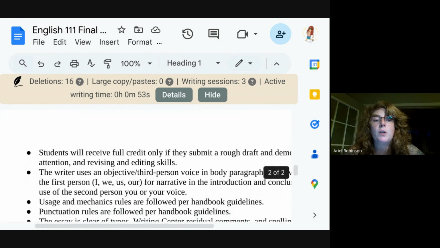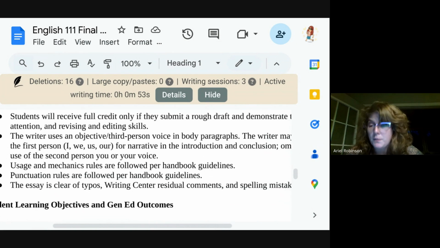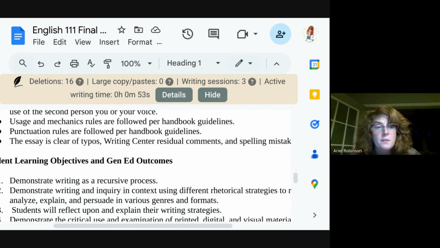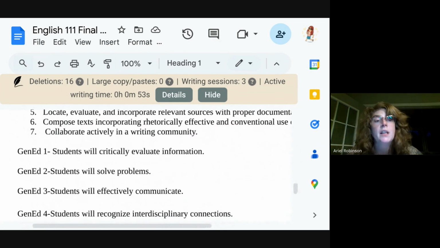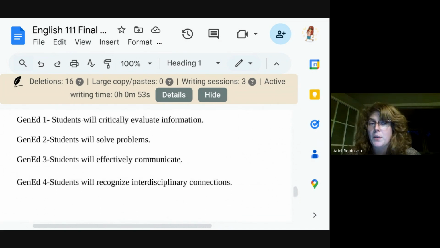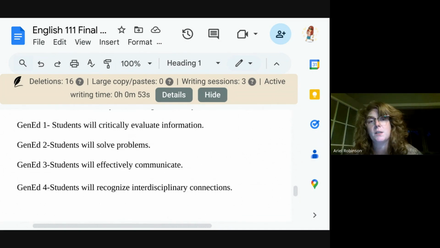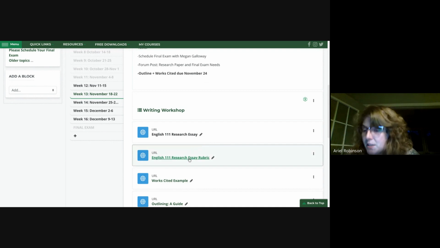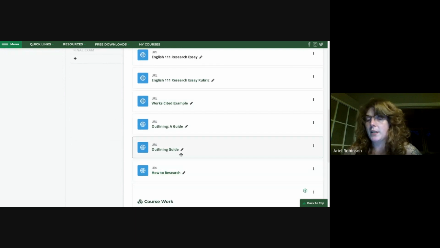And so what you are going to do is a rough draft of this with me, for feedback from your peers and then from me, and then you're going to do a final. And that will be over the course of the next couple weeks. So this is where we're going to have all of the different elements of the course come to fruition. I also have on here some resources for you, like your research essay rubric, a works cited example,